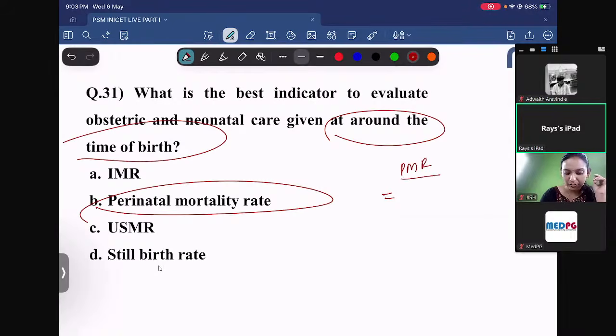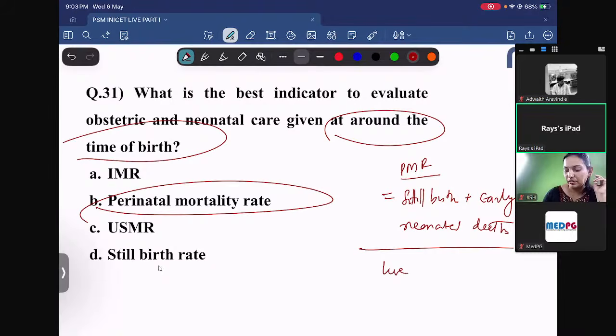Perinatal mortality rate is got by the stillbirths plus early neonatal deaths per 1,000 live births or into 1,000. So stillbirth is a fetal death occurring after 28 weeks of gestation is considered as a stillbirth. That plus early neonatal death. Who's an early neonate? A baby who's only up to 1 week of age. That is 7 days old neonate. Up to that is also taken as early neonatal death. That per 1,000 live births is your perinatal